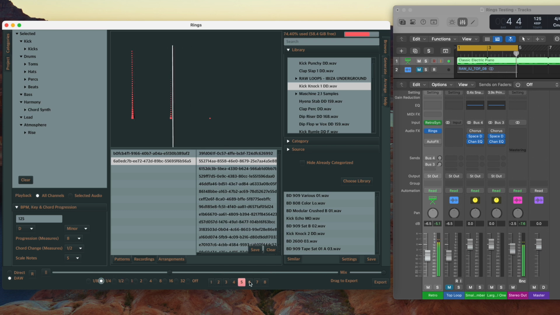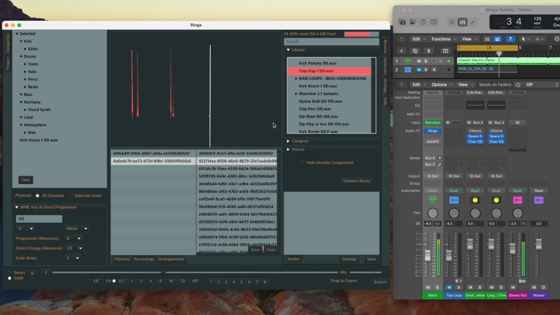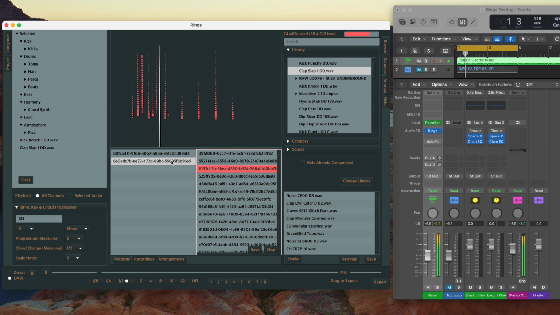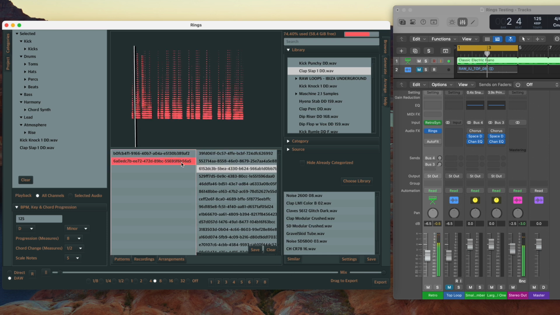I can basically assign this with the channel presets here to one of the channels. Now I'll see that there, and then I can say go to another one, and I can assign this to the second channel. So now I've got both of those, and then I can go back down to one of these. Selected audio and not any of the channel presets that I've done, I can do that too, but if I want to hear everything together,